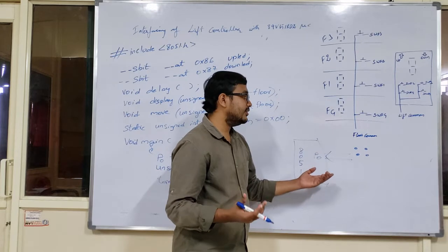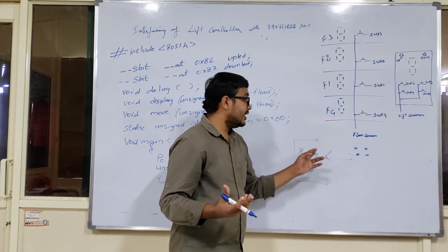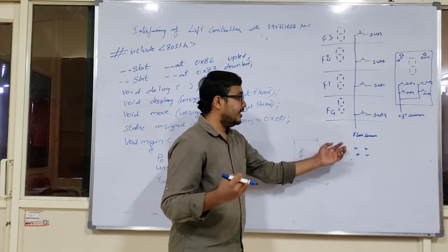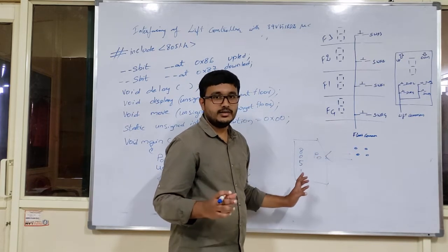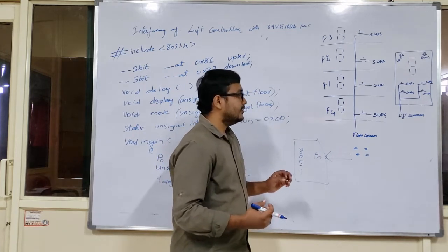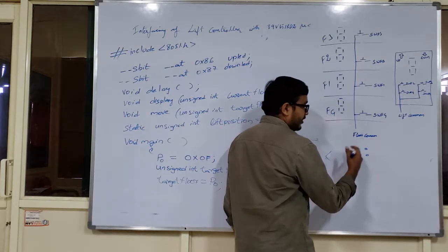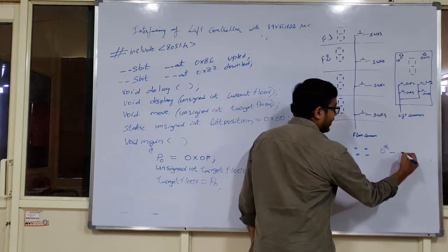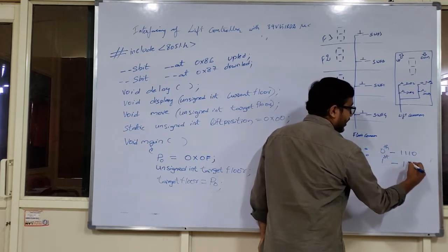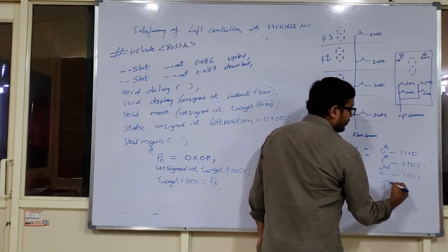Among all the 4 push buttons, that means it is a push button pad. It is continuously scanning the push button pad here. At any time, a person can press any of the push buttons, so scanning by P0 is a continuous activity. In the earlier explanation, I explained the assignment for each push button. Like the 0th push button I am going to take as 1110, the first floor on the first push button, in this scenario, the second one 1011, and the third floor or the third push button.